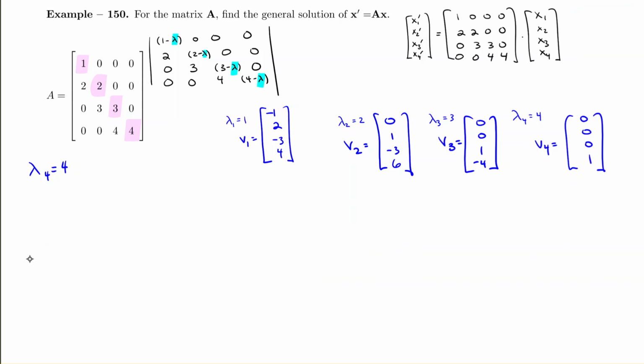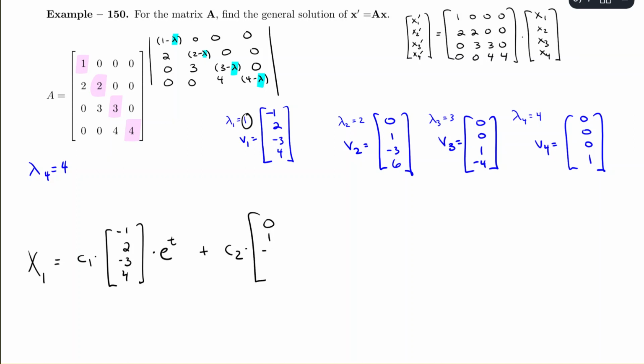So in writing the solution, we know that the general solution, if we know the eigenvalues and eigenvectors, would then be some arbitrary constant times our first eigenvector multiplied by e to the lambda t for our first eigenvalue, that's 1, so e to the t, plus some other constant times our second eigenvector,